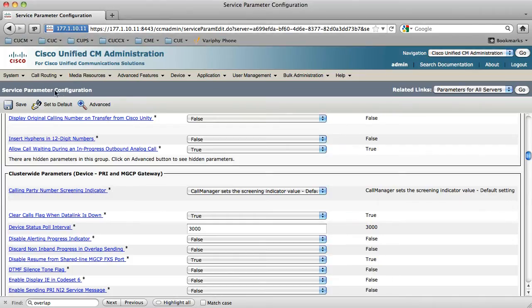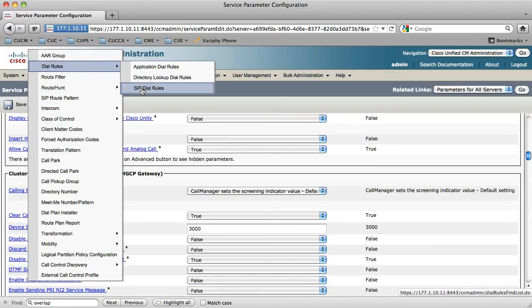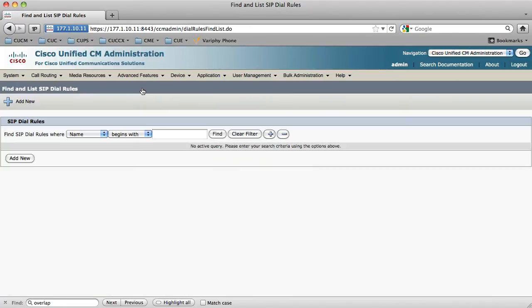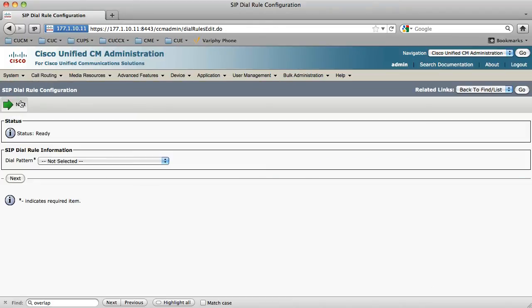Okay, and one other thing I wanted to look at back in CUCM, really two other things. One was a SIP route pattern, something we didn't really talk about too much, and one was the SIP dial rules. So let's go ahead and take a look at these, and we probably don't have any created yet. These are for SIP phones, if we wanted to create a dial plan that could be sent down to a phone, let's say in the case of a 7960 or 40,